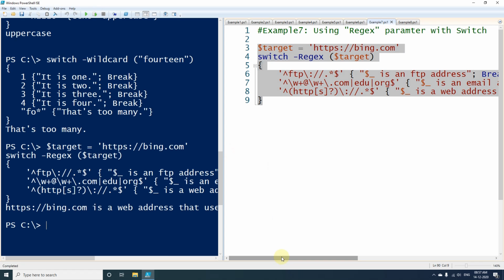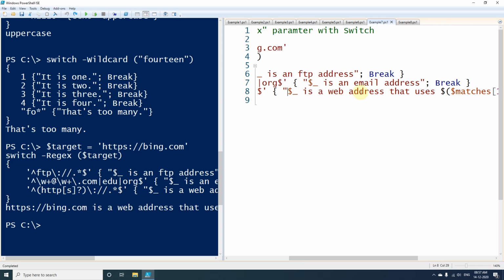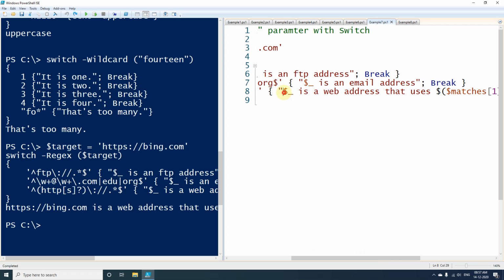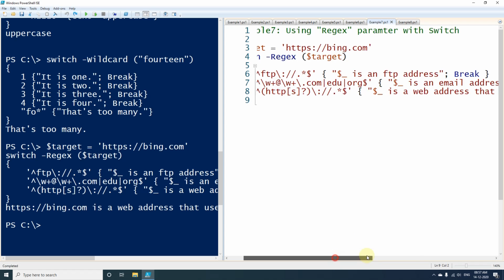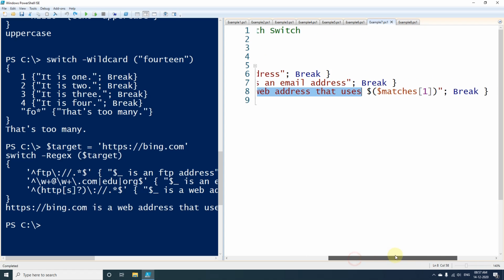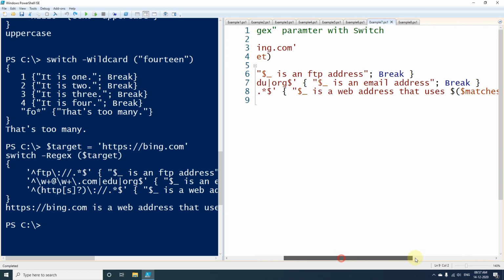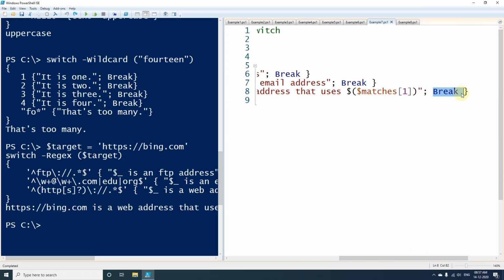You can see that we have got this message printed. This is nothing but PS item, and the value of the match will be written over here. After that we have got the other string, is a web address that uses, and in this one we are using the first match, and as soon as it is found, it will break.